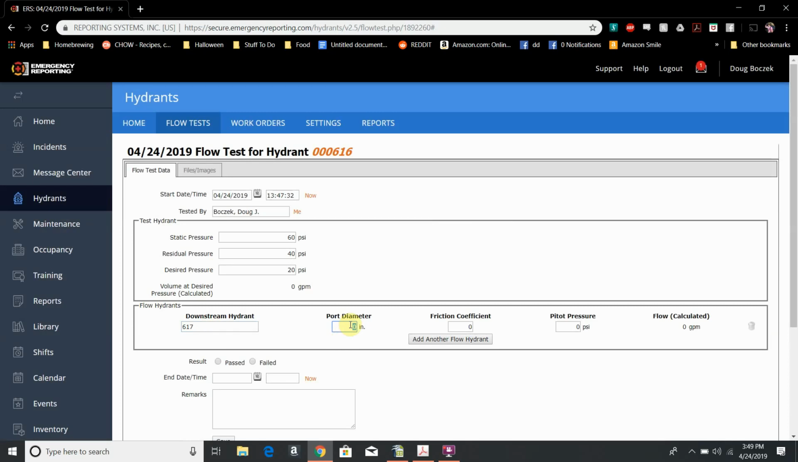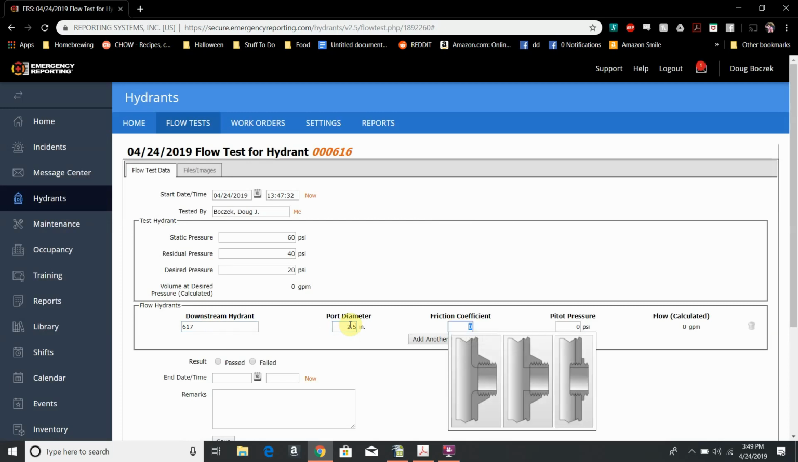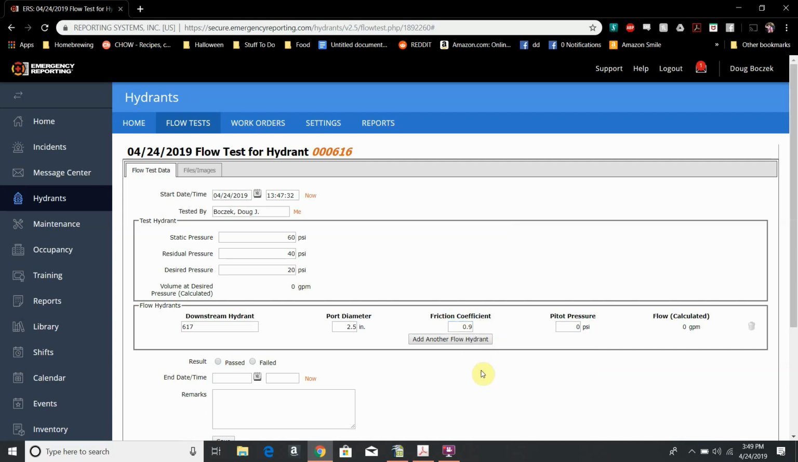Your port diameter will almost always be 2.5 because that's the size port you opened on the downstream hydrant. Friction coefficient, for the most part, it's always going to be this example. There are a few different hydrants out there, so those do need to be recorded if it's a different style of hydrant, but they're almost always going to be the 0.9 friction coefficient, which is the same as we always used in the past. And your pitot pressure is the pitot pressure for the downstream hydrant, not the one we're